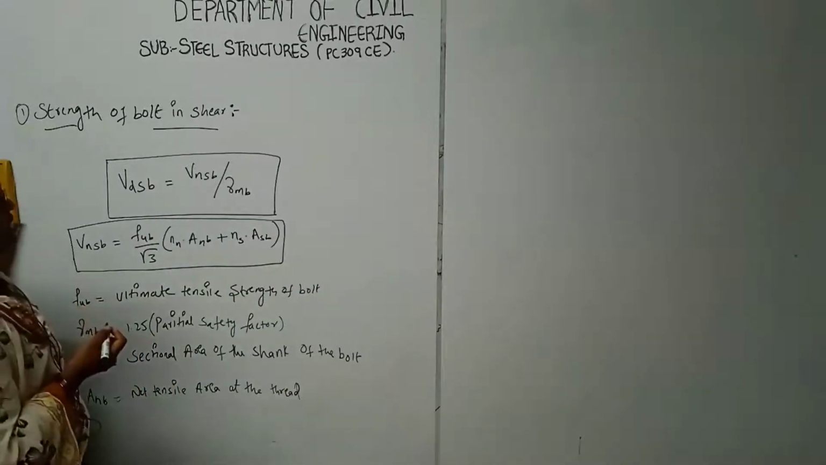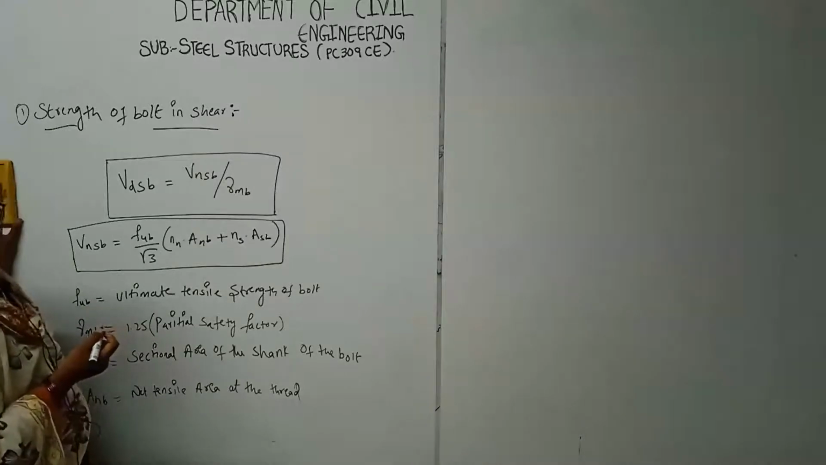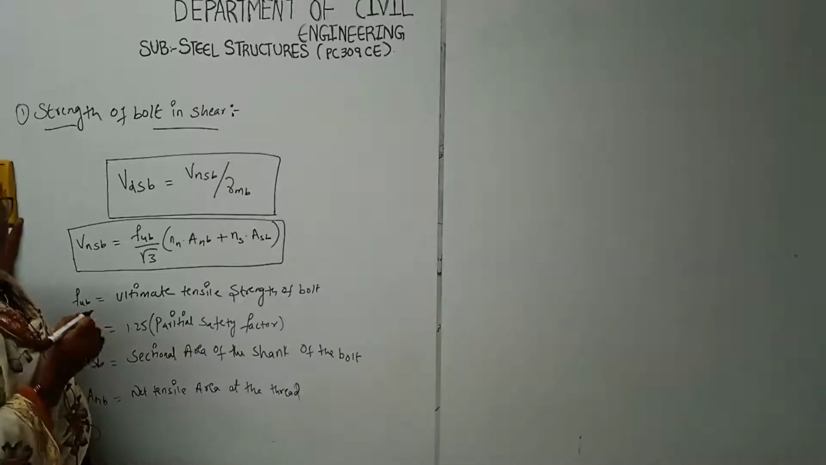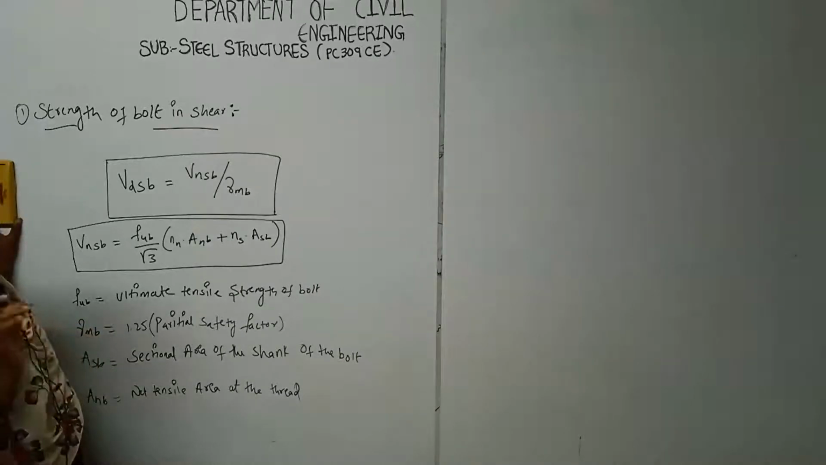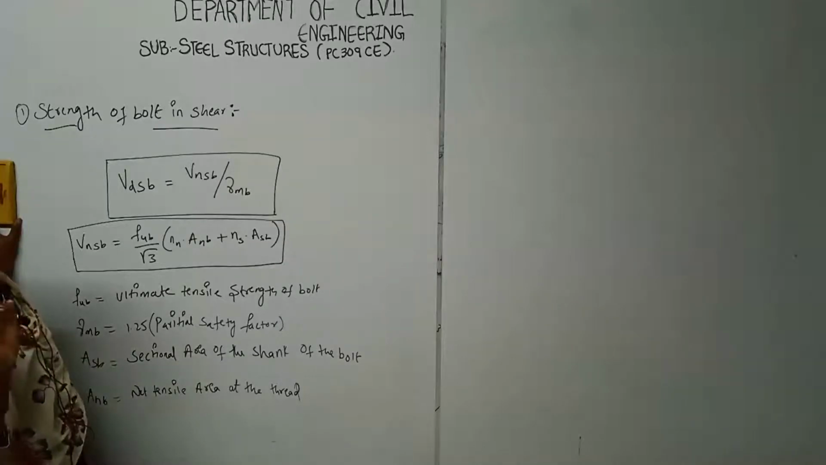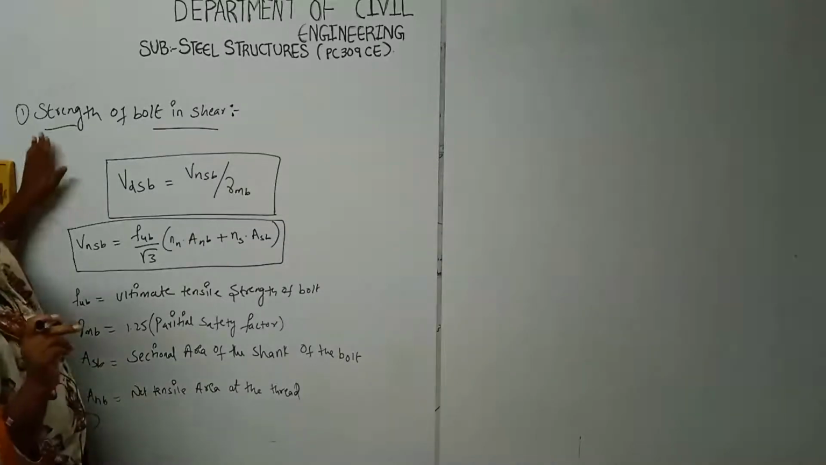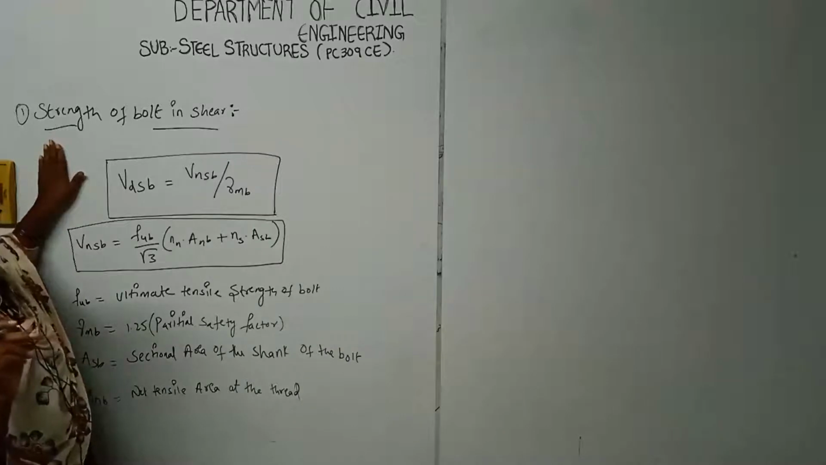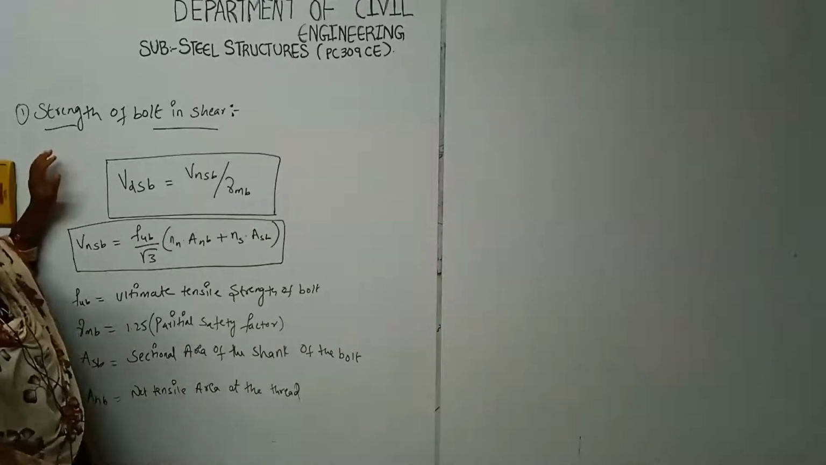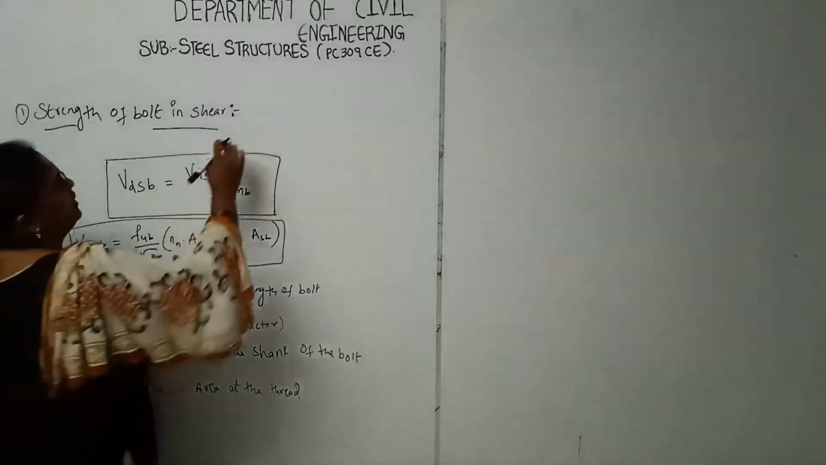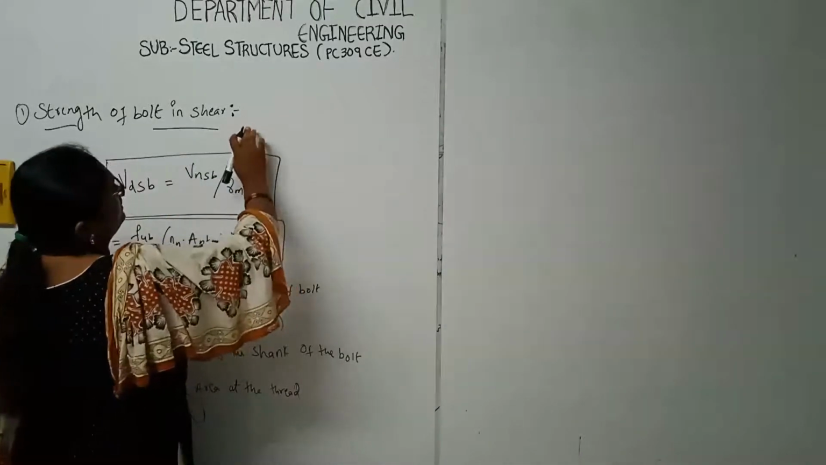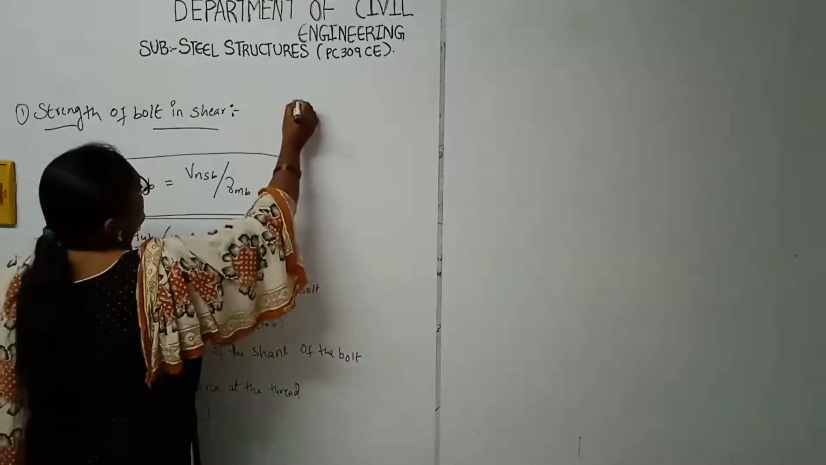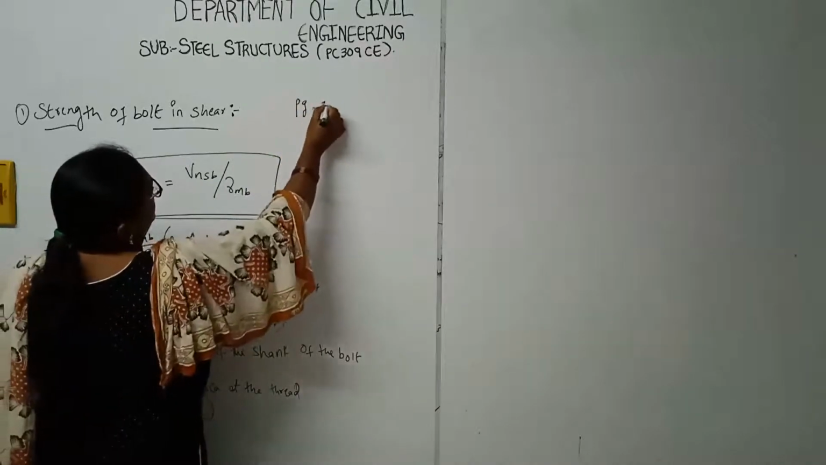In the earlier class we were discussing the failures of the bolt and the failures of the plates, and what the design criteria are. Under that we found shearing, bearing and tensioning. We were dealing with the formulas used for problem solving. See here, all these formulas you can find on page number 75